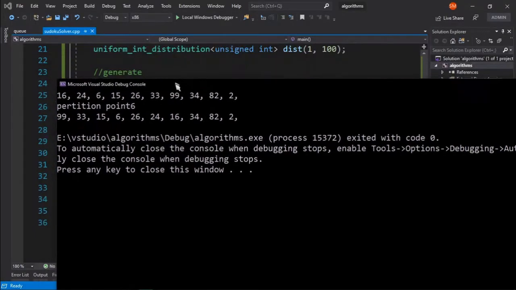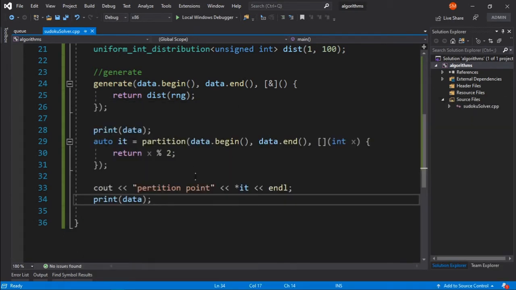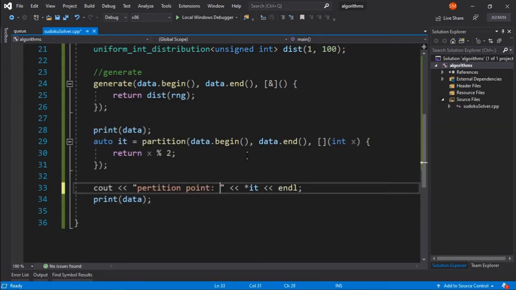Now as we can see, our partition point is 6, and the data before the 6 are odd numbers, 99, 33 and 15, and after 6 there are all the even numbers, okay. Now I can give a space here. So this is how partition typically works.